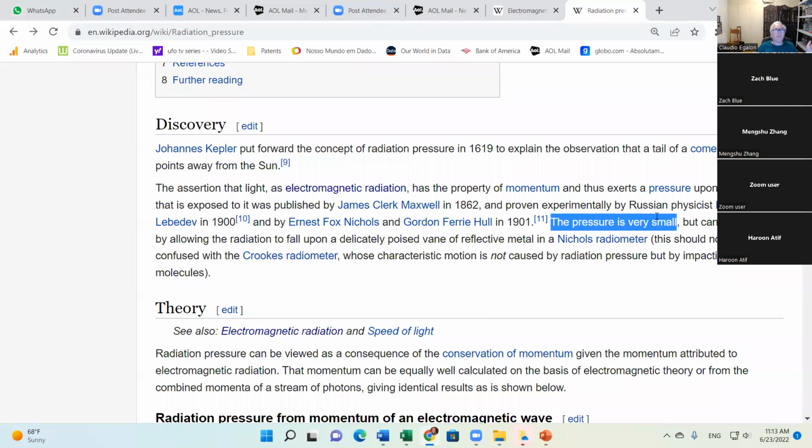The pressure is very small, but it can be detected. And people are proposing solar sails out there, a spacecraft propelled by the radiation pressure of the sun, for instance, or even the radiation pressure of lasers. There have been proposals like that, and not just proposals, people demonstrated it in practice as well. When I was at NASA, there was a group of scientists that I was interacting with, and they managed to deploy their own solar sail in space.